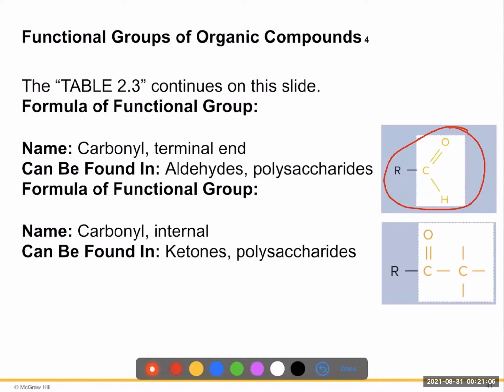Okay. When you have another R group with C double bond O, that is a ketone. That's what your body produces. That's what you spill out when you're diabetic. You have ketone bodies that are produced. That's what you're looking for in your sugar when they take your urine. Okay. So we have aldehydes, we have ketones,